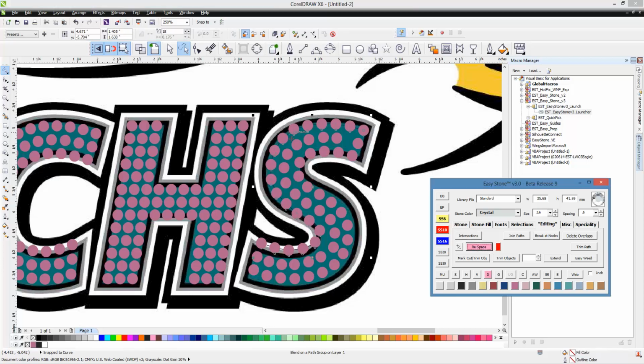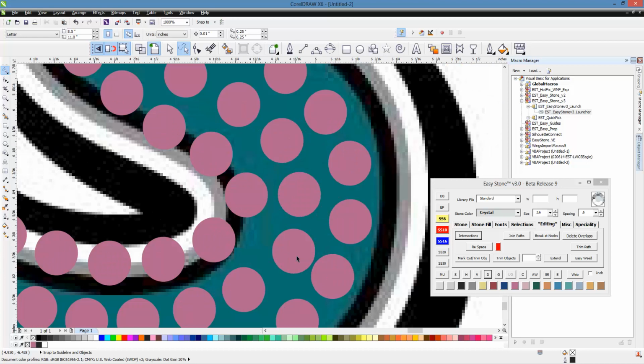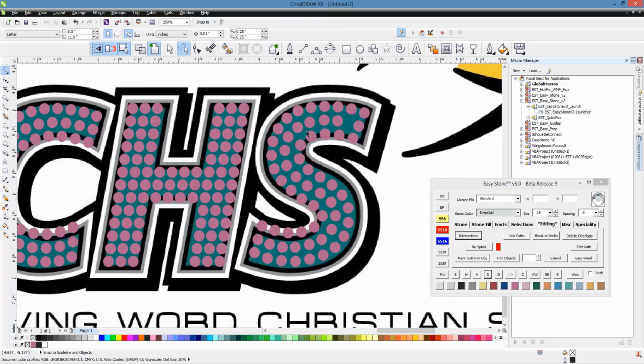It's going to set those outside stones for us. We can add a stone if we think we need it. I think that works just fine. So we'll go ahead and delete our stone paths. So now the tricky part, picking those inside stones. And you can see we have one stone that's a little bit too close there. We'll just peel it back a little bit. But everything else is kind of where it needs to be, but you can see the spacing is off and